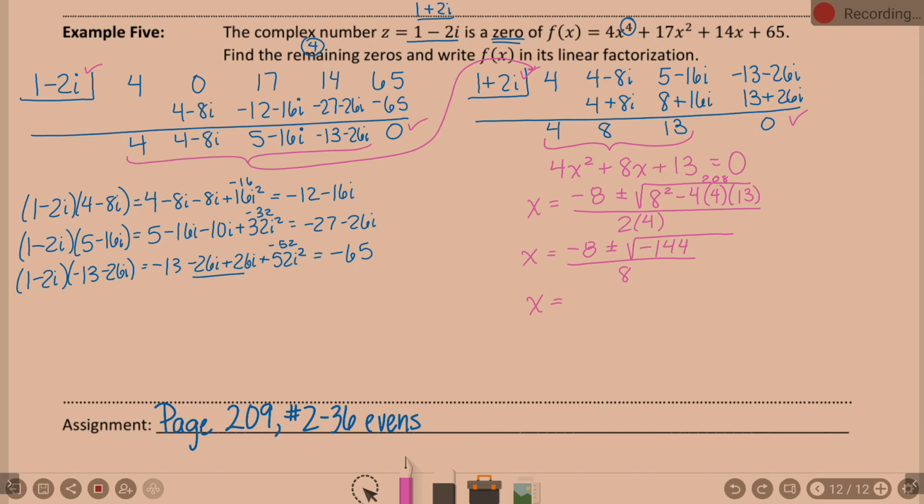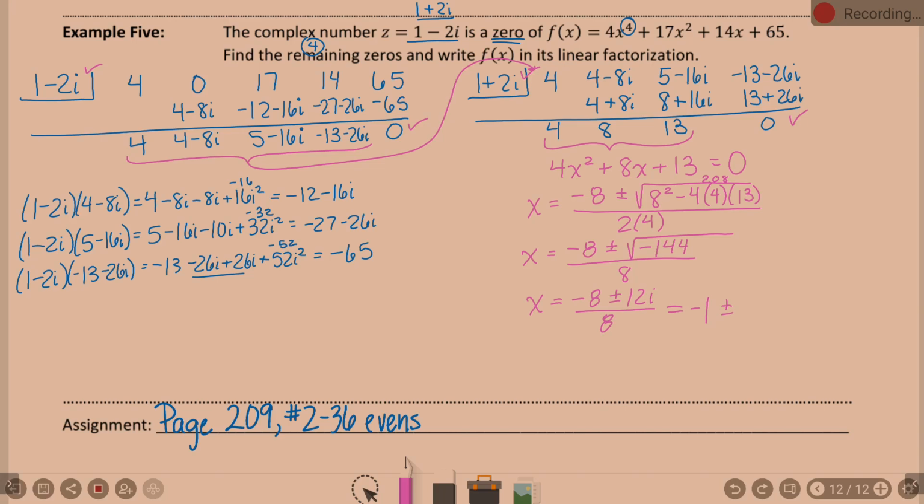So, negative 8 plus or minus, what is the square root of negative 144? 12i, all over 8. Now let's talk about this denominator of 8 goes with both pieces, right? What is negative 8 over 8? Negative 1. Negative 1 plus or minus